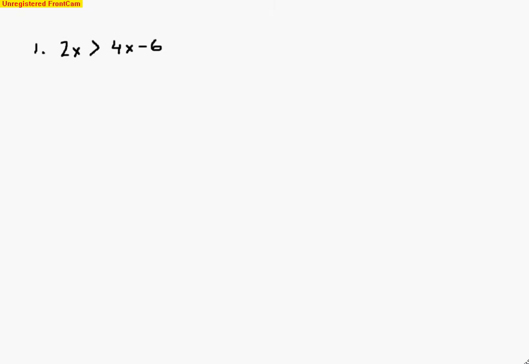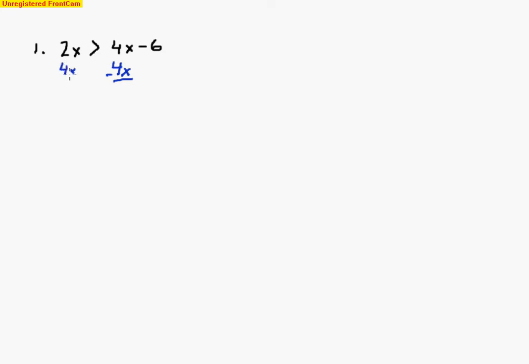Today we're going to be solving some inequalities, but this time we've got variables on both sides of the inequality. So as you can see, I have 2x is greater than 4x minus 6. What we want to do is isolate the variable on one side of the inequality. The way we'll do that is we will take away this 4x from the right-hand side, and then also